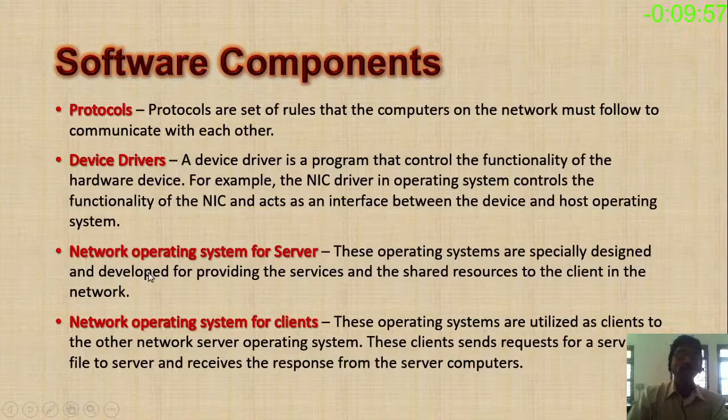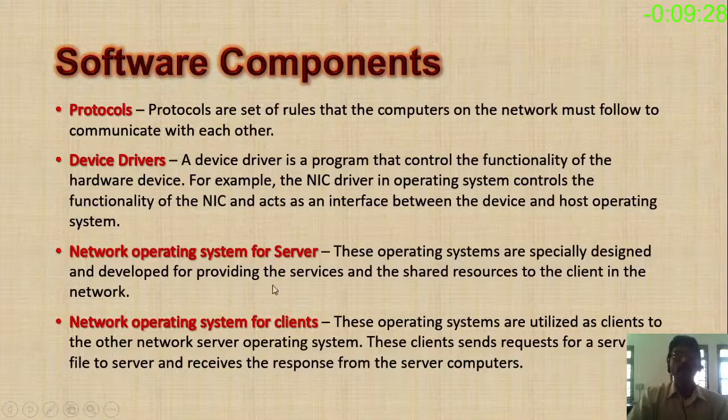And then the next one is called the network operating system for server. We need two types of computers. It's a combination of hardware as well as software. We need two types of computers called server and clients. Here the server will provide some service to the client. What is the meaning of server? Server means the operating systems